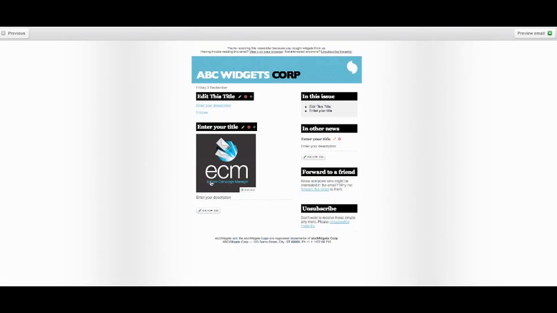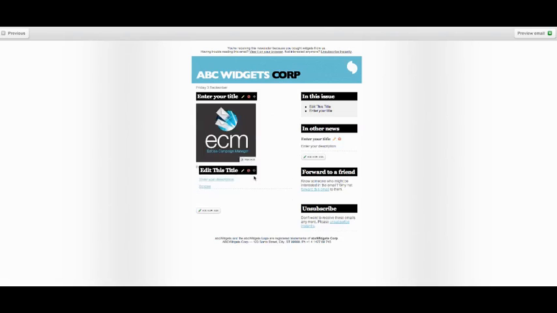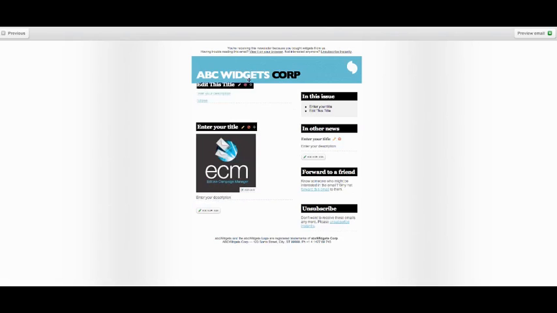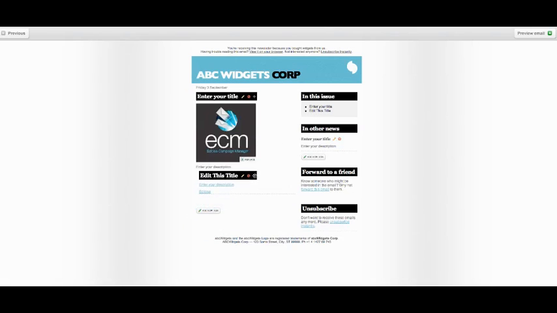And then you can see this is now what our email looks like. Now a very cool feature of ECM is that you're able to move articles around simply by hovering over this cross here, clicking it, dragging it and dropping it. So you can arrange the articles however you want them to appear, regardless of what order that you've input the articles. So once you're happy with the overall look of your email, you can then go on and click Preview Email up here,